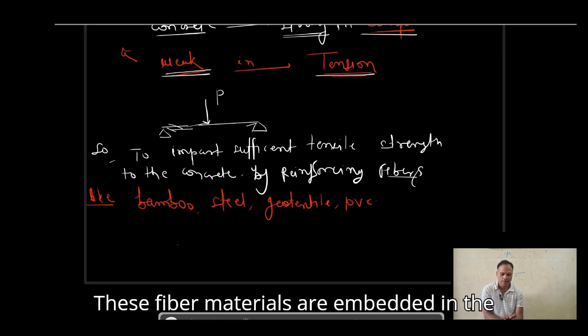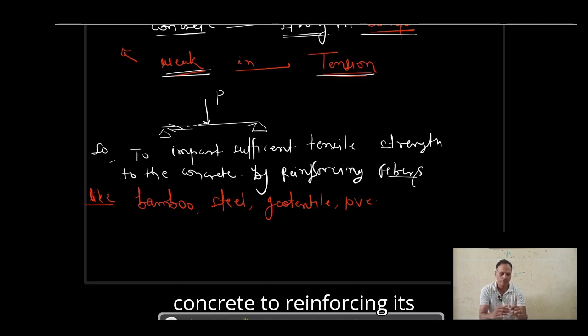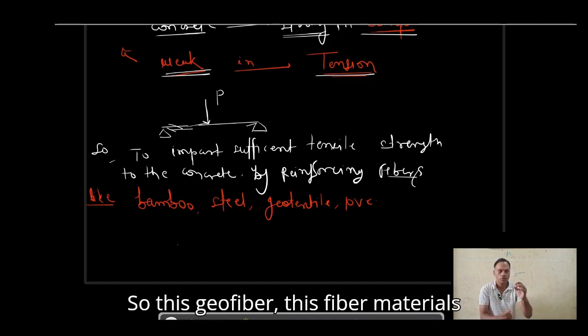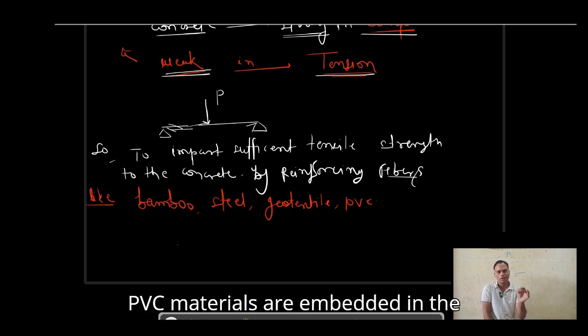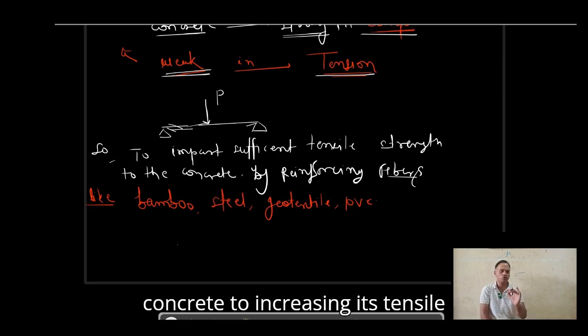These fiber materials are embedded in the concrete to reinforce it. So these fiber materials like bamboo, steel, geotextile and PVC are embedded in the concrete to increase its